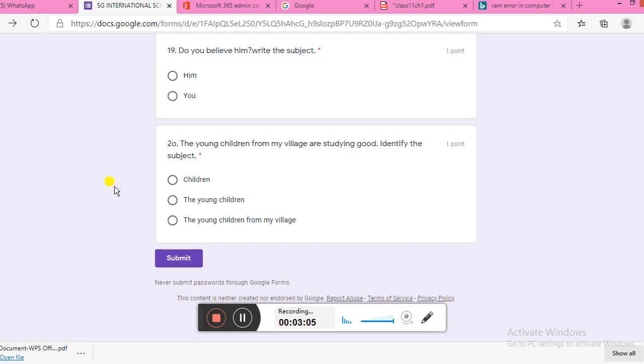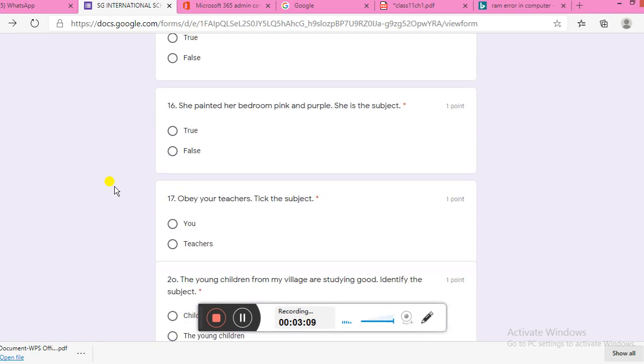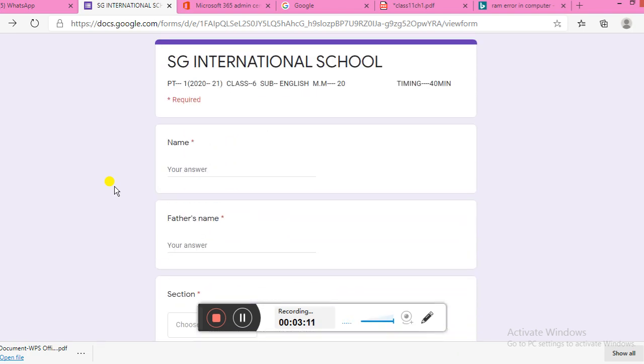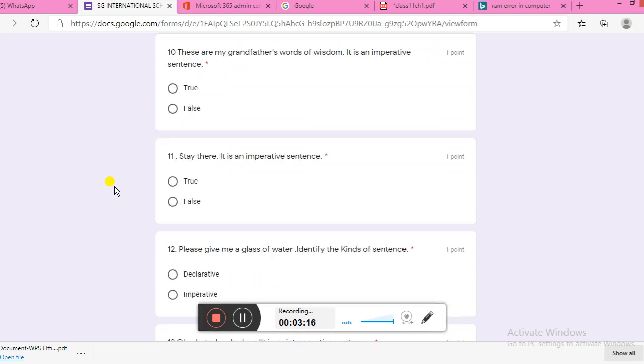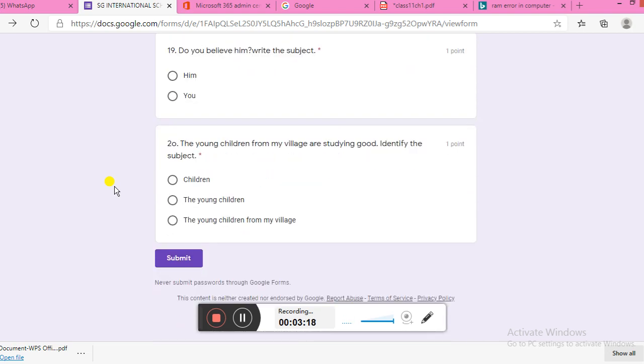So please be sure you log in with your Gmail ID first, and only then click on that particular link to submit. If you want to check, click on that particular link and go to the last option. If you are getting the dark blue submit option, it means your Gmail ID is already logged in on the web browser. If you are not getting the highlighted submit option, you have to log in with your Gmail ID first.